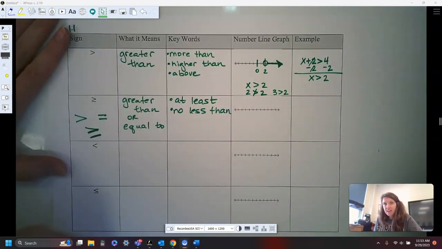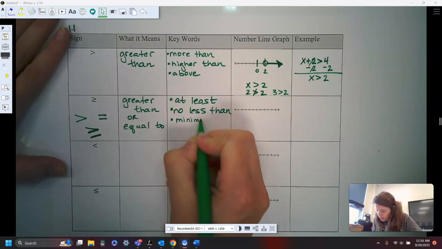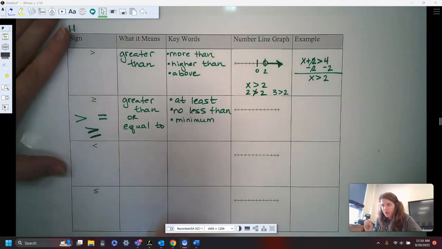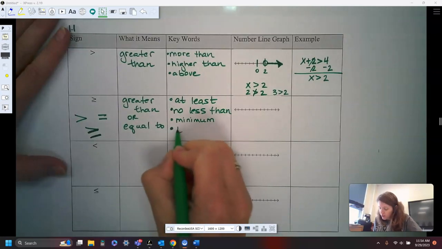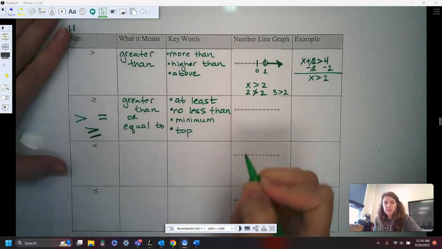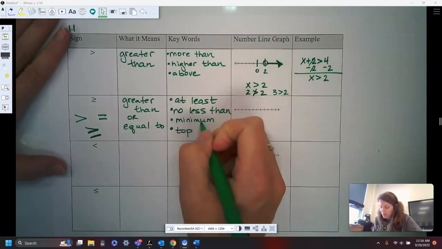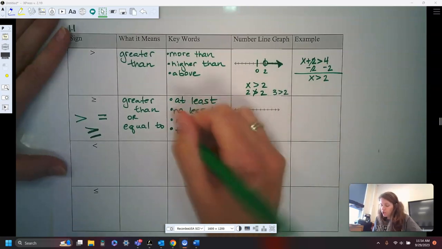Right? Meaning I need that number or more. Another word you might hear is minimum. Again, it sounds like you're talking about something small, but you're talking about the small thing or greater. You cannot go any lower than that number. And sometimes you will see the word the top. So at least, no less than, minimum, top, all of those are words that you might hear in a word